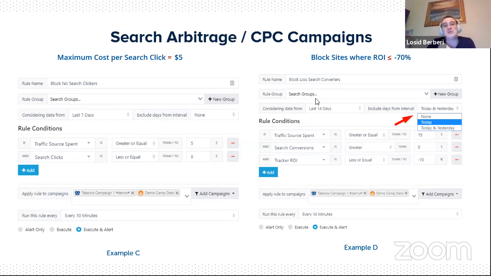And if you're doing search arbitrage or CPC campaigns, those who run them know that they have a delay in reporting of the revenue of around 24 hours or even sometimes 2 days. So you have to upload the conversions manually to your tracker in order to have accurate statistics